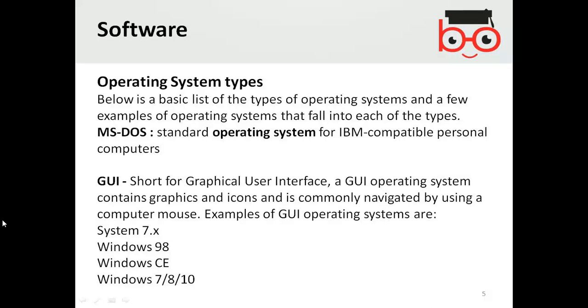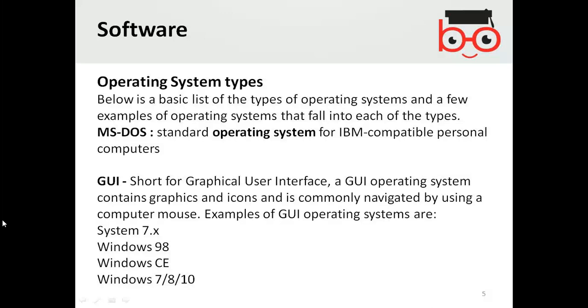It was the initial console based disk operating system, like the command prompt. You remember the command prompt? Basically that command prompt used to be console based. It was called, and is called, the disk operating system. The standard one, initially IBM introduced it.